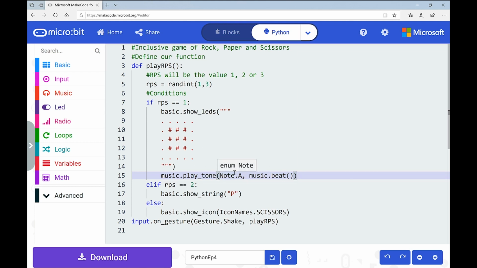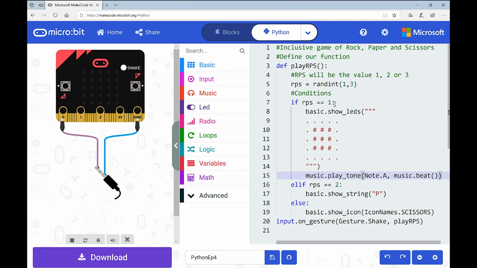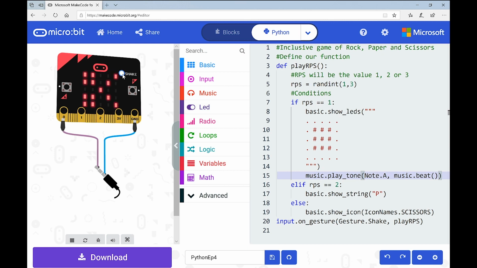Now, we might just go and test that and see that if the square occurs, do we hear a musical note as well? So I'll just check my volume is up too. Here we go, gonna come in and test. So we're waiting. Now this is only going to occur, remember, if it picks 1. That's the only one I've added it into so far. So we're only going to see or hear this if we see a square. Of course, we won't pick a square. There we go. Okay, so it's working. So I'm happy that the musical output is working when we have the condition for 1, which is rock.